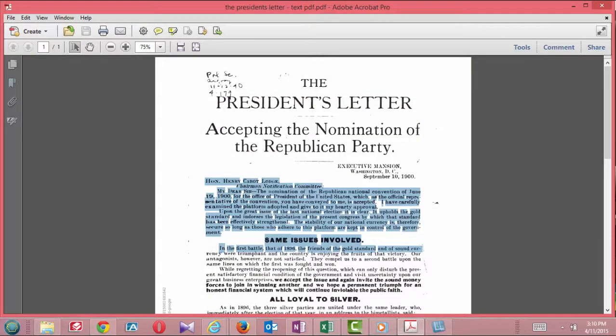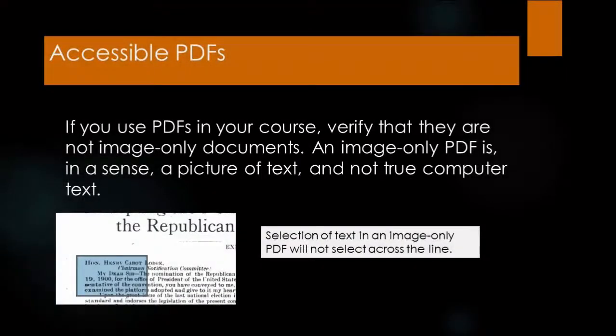Note that image-only PDFs, particularly those derived from second or third generation copies, are difficult for all users to read. For those with low vision who need to enlarge documents on the screen, these types of documents lose resolution as they are enlarged. Furthermore, students with vision who may want to use the Read Out Loud feature of Adobe Acrobat or Adobe Reader cannot do so from an image-only document. See the resources on this site for instructions on how to create accessible PDFs, including how to create accessible PDFs